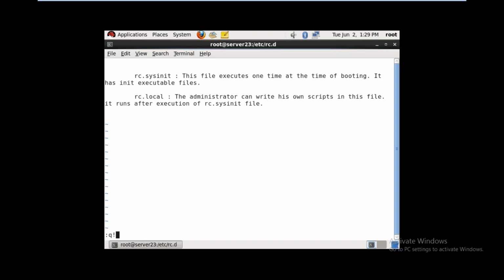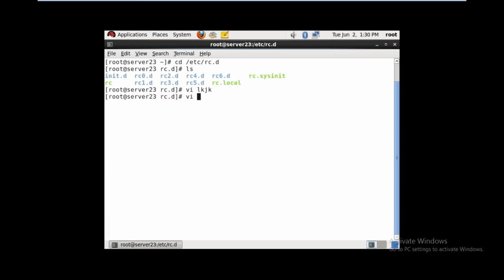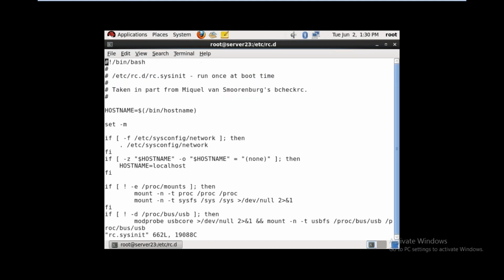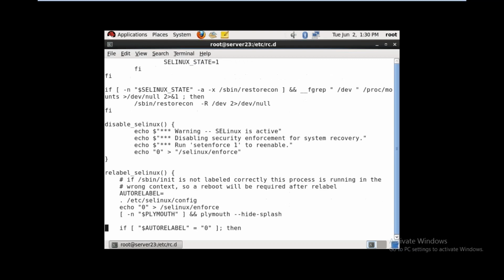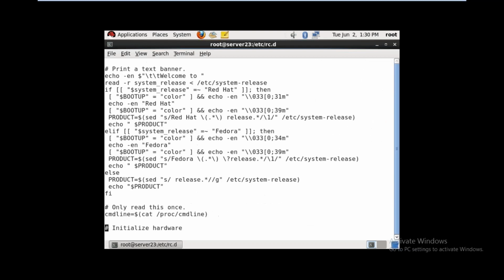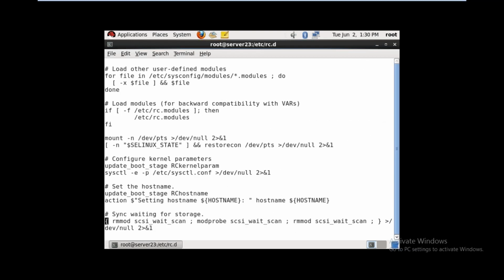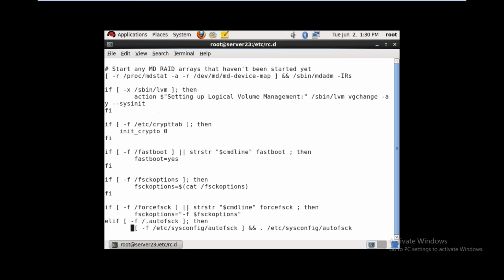Sir, can the administrator write in rc.sysinit? rc.sysinit is the system initialization file, that is by default. So I will show you the file, vi rc.sysinit. I am opening the file. See, automatically all the script is written here. This is system executable. We cannot disturb this file. So scripting is already written here.